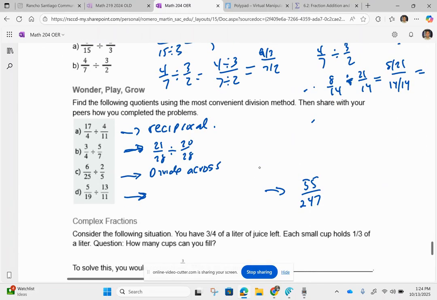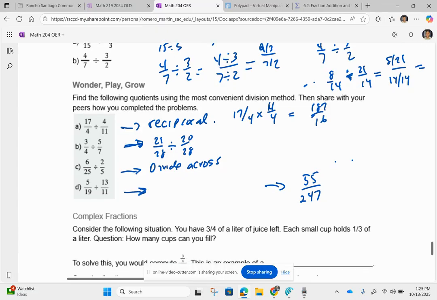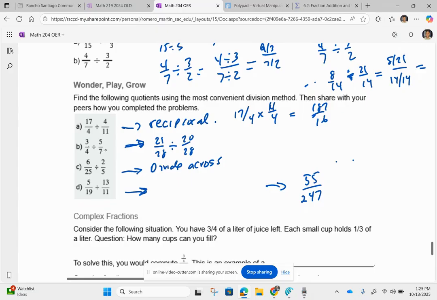And then, for the practice problems, you could fool around to see how you would solve them. I would use the reciprocal method for the first one. I would do 17/4 times 11/4. We'd probably have to do it that way. I don't see any other way to get that one done. So you end up with 187/16. For this one here, maybe common denominator, I get 21/28, 20/28, and then this equals